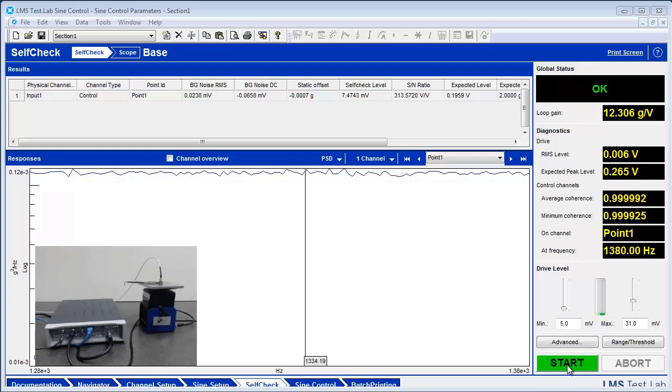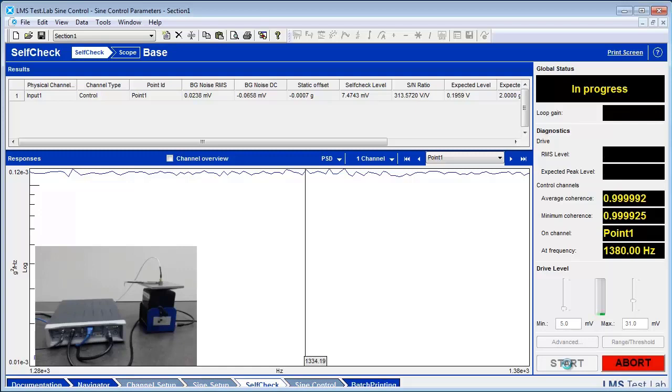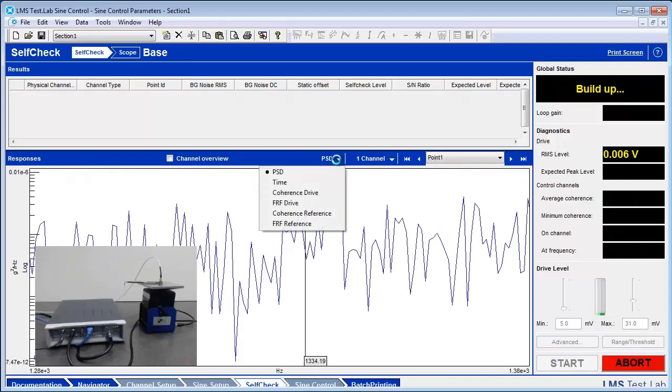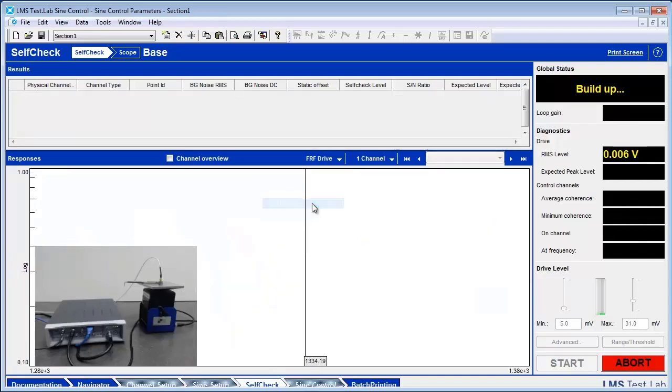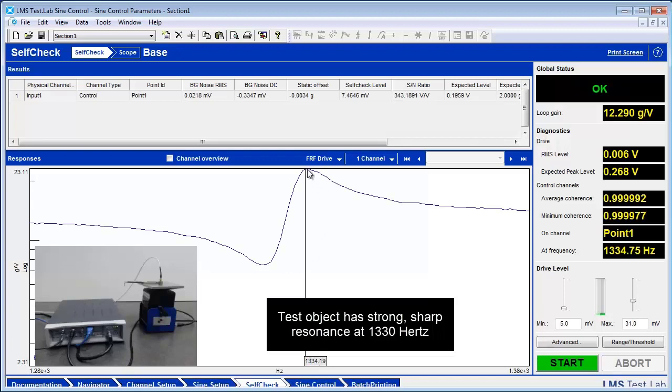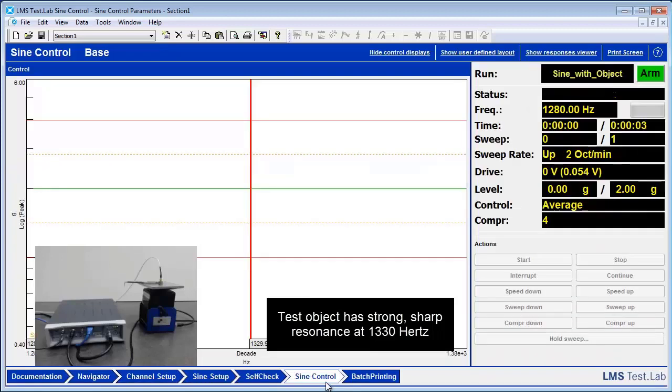Before we start our test, I'll hit start here on self-check, and with self-check we send out a low-level signal to characterize our control system. And guess what? When I look at the system FRF, probably right around 1330 Hertz here, I'm going to see a nice resonance from that bar. That was not there before when we were running without the bar and just the shaker tabletop. So there we can see that we have a resonant peak,